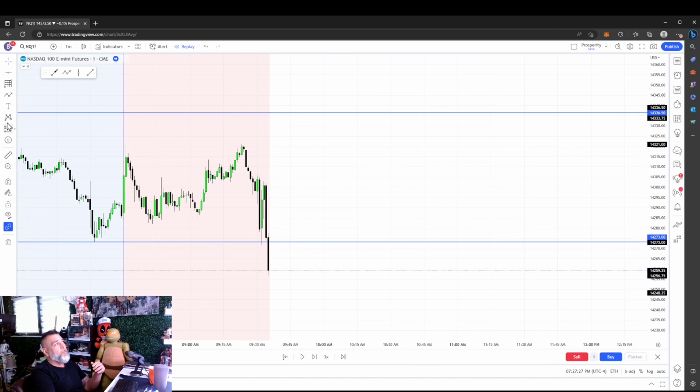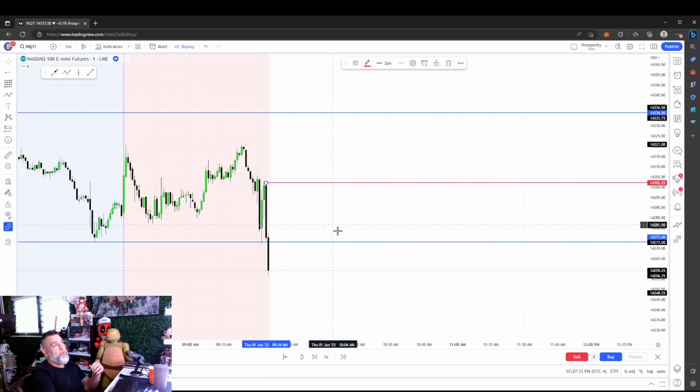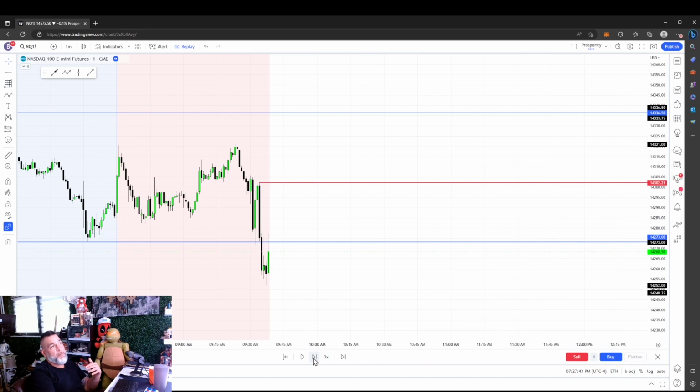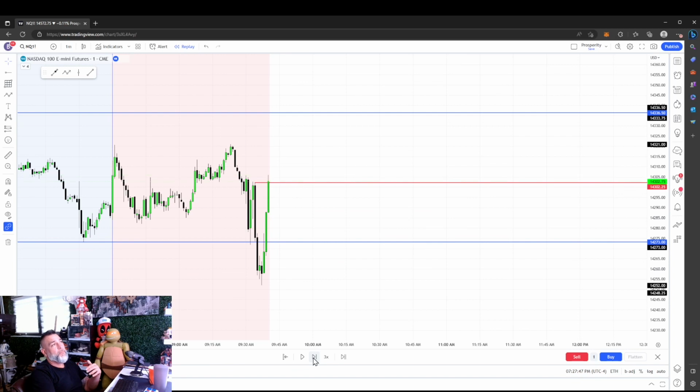I'm looking for the break of this high right now for there to be a change in character, right? And then look for the fair value gap. Let's see if we get that. We get the break of that. Perfect. All right. At this point, since the move is so far away,